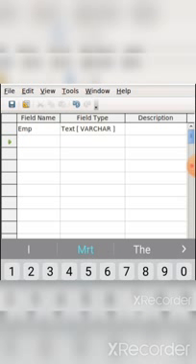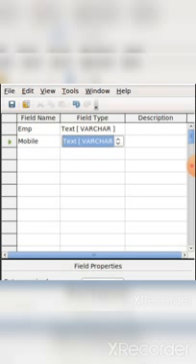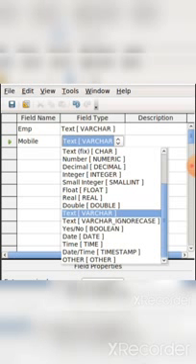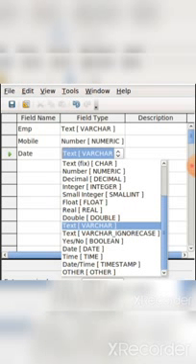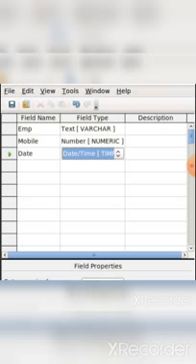After that I need a mobile number. I have to type mobile, then the mobile number is numeric, so I have to type it as number. Third is date, type date. In date you have to select date and timestamp, because in India the standard of date and time is DD/MM/YY, so you will have to select date and timestamp. When you enter the data, it will give you first date, then month, and then year.